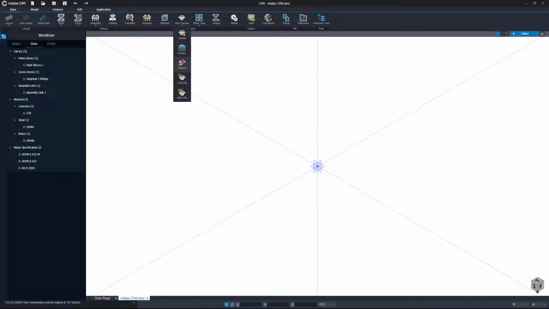You can extrude it to the end of the layout itself. So the user section is also important here. Because the DWG is usually used for this section, you can just instantly click on the DWG file to import the user section.